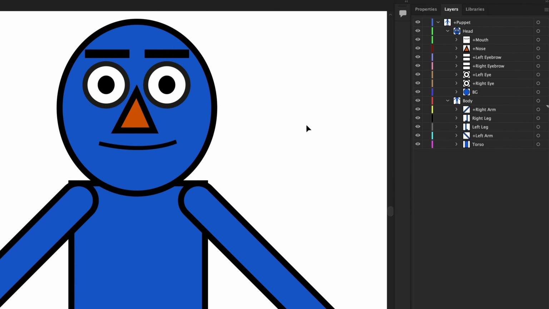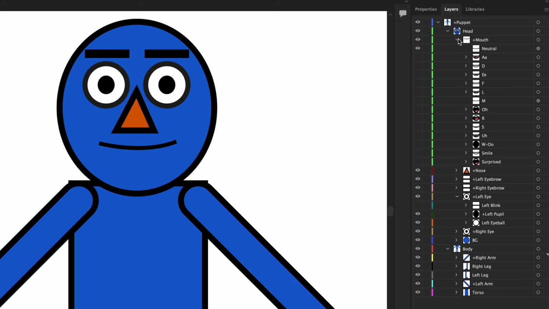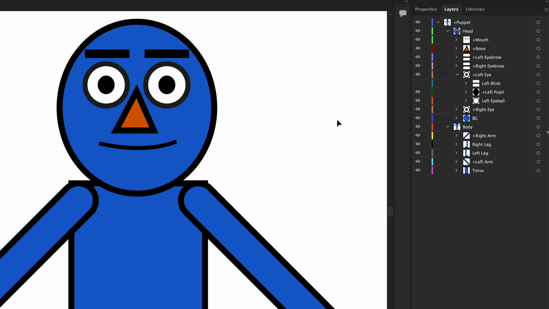Now, we've already seen triggers in kind of an automatic fashion with this character, right? For example, the blink states, right? When I blink, it automatically hides the pupil and the eyeball, and it's showing me this blink instead. Same thing with the mouth. When I say certain words, it's going between all these different mouth shapes and triggering the correct mouth. Now, those are more